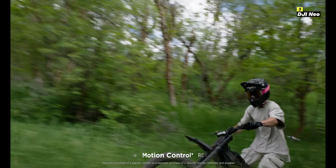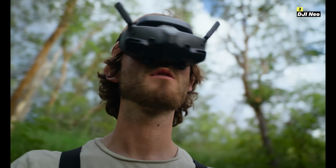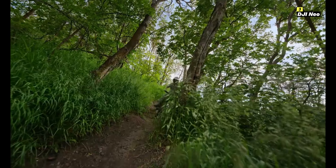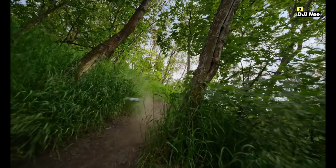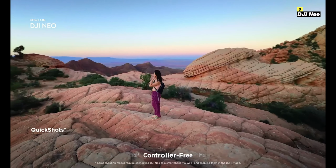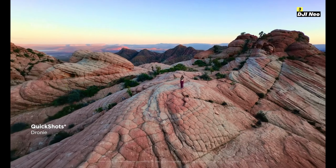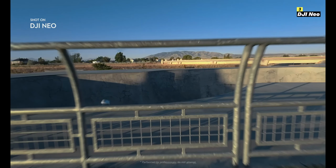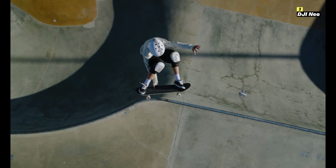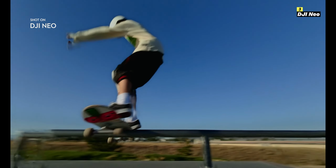Whether you're racing through obstacle courses or capturing breathtaking cinematic shots, the Neo is designed to perform flawlessly. The drone features multiple flight modes to suit all skill levels. Beginner-friendly options provide stable and intuitive controls, while advanced modes unlock manual capabilities for experienced pilots to explore acrobatic tricks and precise flying. The ultra-low latency HD transmission ensures real-time responsiveness, giving you total control as you navigate through tight spaces or expansive terrains. Safety is a top priority with the DJI Neo, featuring built-in obstacle detection and avoidance systems